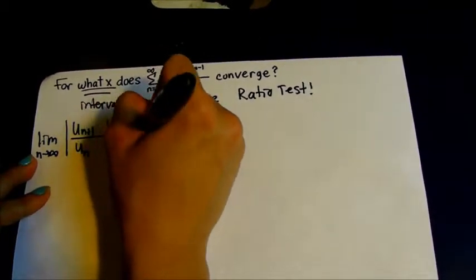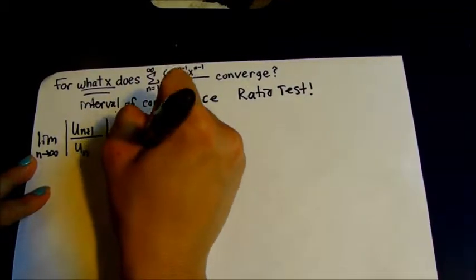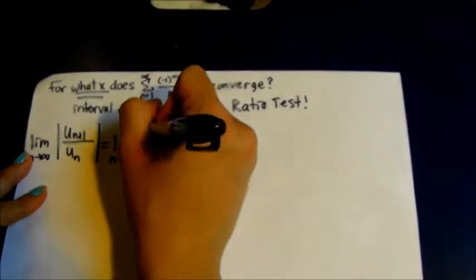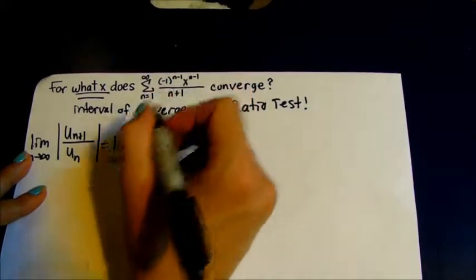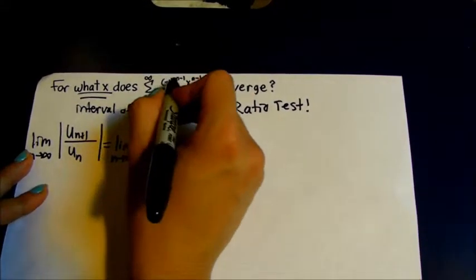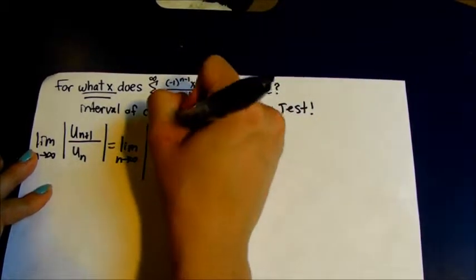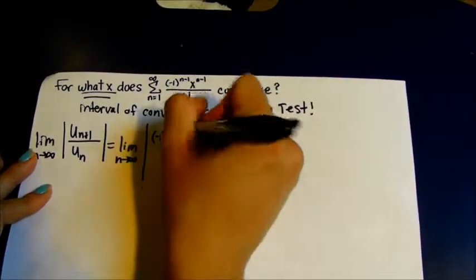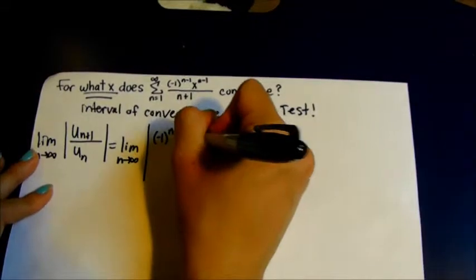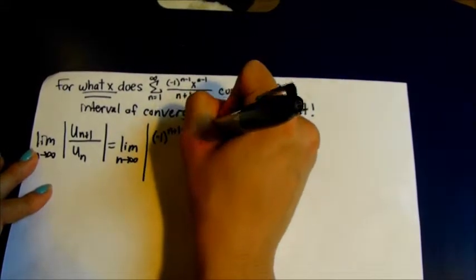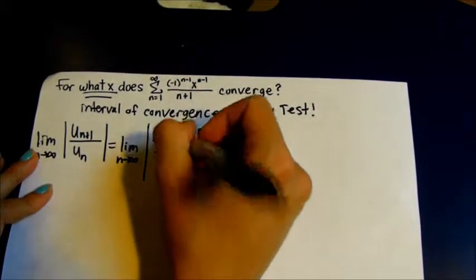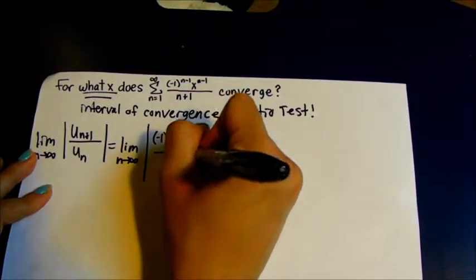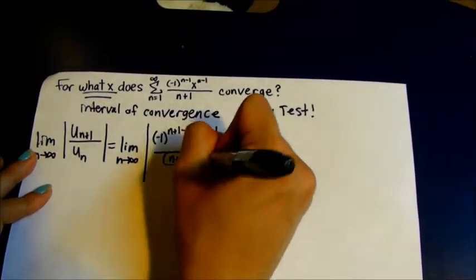So for this series, we're going to get the absolute value of -1 to the, instead of n minus 1, we put n plus 1 minus 1, and then x to the n plus 1 minus 1 also, all over n plus 1 plus 1,